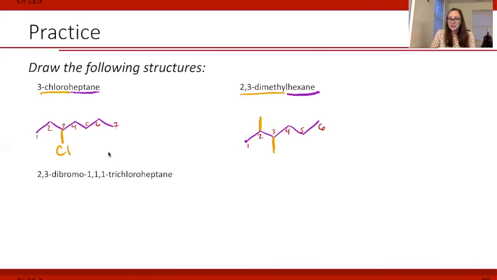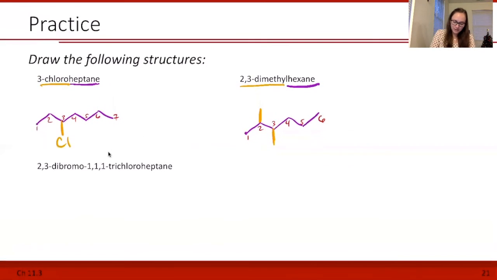Pay attention to this, and that doesn't mean that there's 2 methyl groups at each of those positions. So the 2 methyl groups you're looking at, one's at 2, one's at 3. And our last one